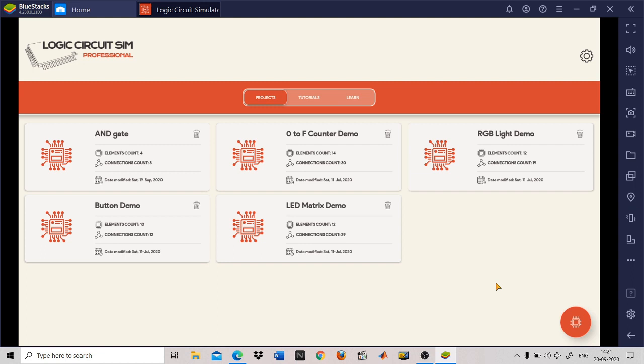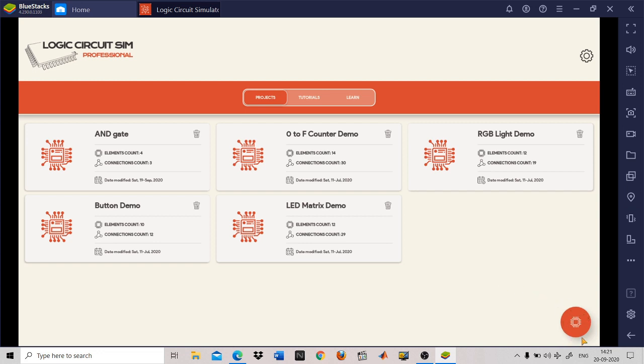Okay, so now we are going to implement the logic gates using Logic Circuit Simulator Pro. This app is available in the Play Store. Just download it from the Play Store. Now we are going to understand how to use this Logic Circuit Simulator Pro. To start with, we need one blank circuit. If you want a blank circuit, you just click on this setup. Now this is a setup.